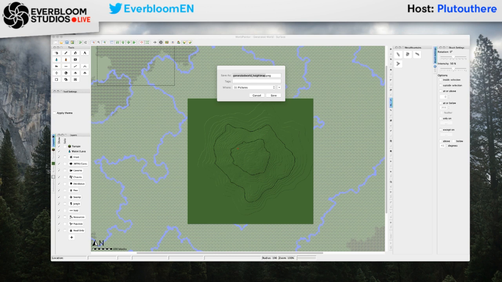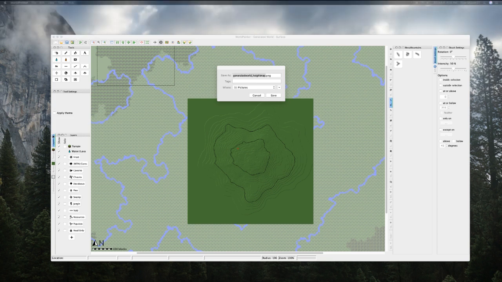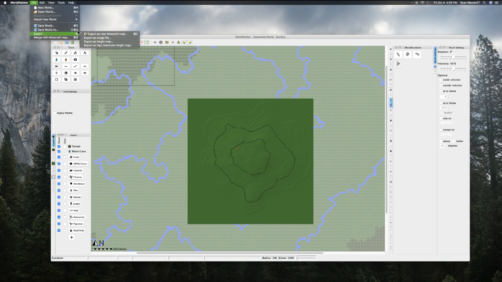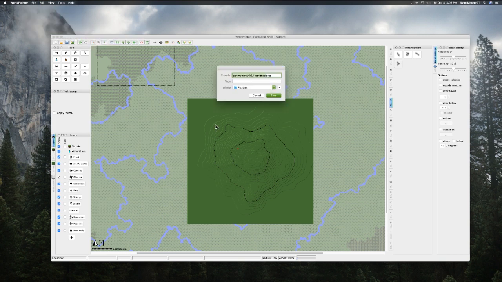Sorry. If I can find Steam, there we go. I'm going to get rid of the capture thing, because I think it's important for you guys to see me actually clicking on these buttons. So if we go up to File, go to Export, and Export as a height map,